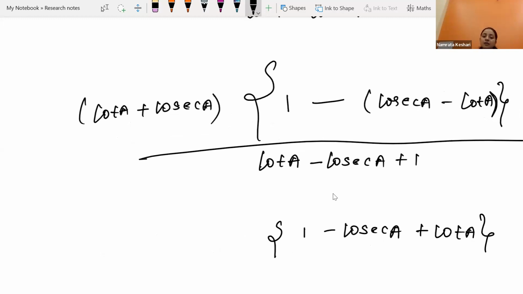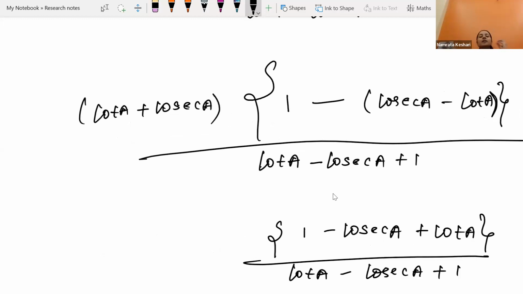Check it. Cot is positive, cosec is negative, and 1 is positive. That means even if the terms are sitting here and there, it's exactly the same. Minus 3 plus 4 plus 7, or 7 minus 3 plus 4, it's the same thing. It's the same thing if the sign